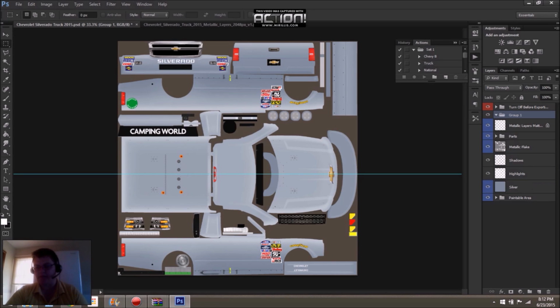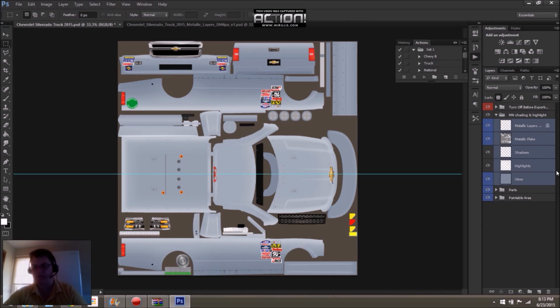Now what I like to do is create a folder and I'll say MN shading and highlight. Can't type. That's good. And I will stick these in there.